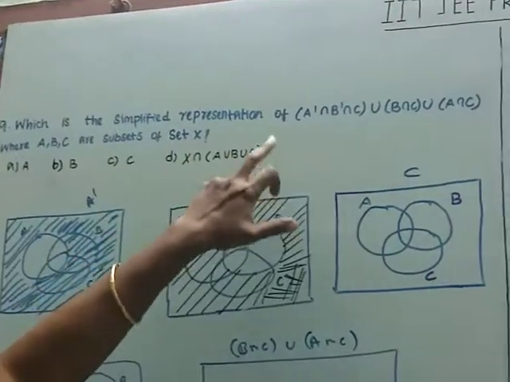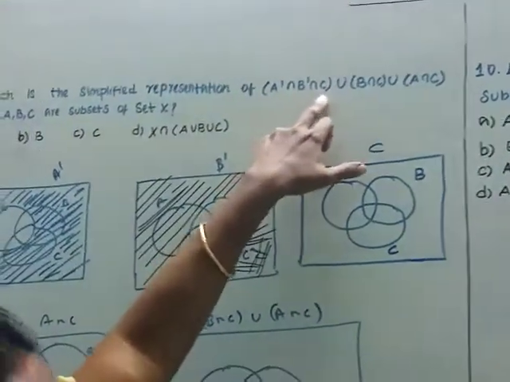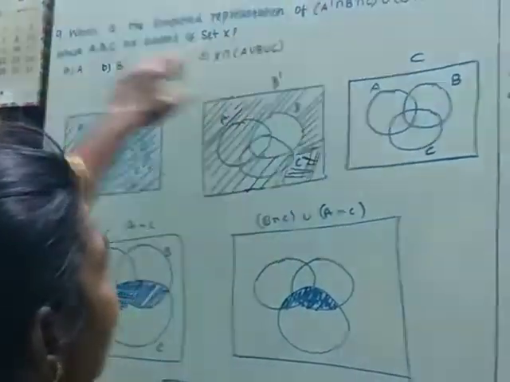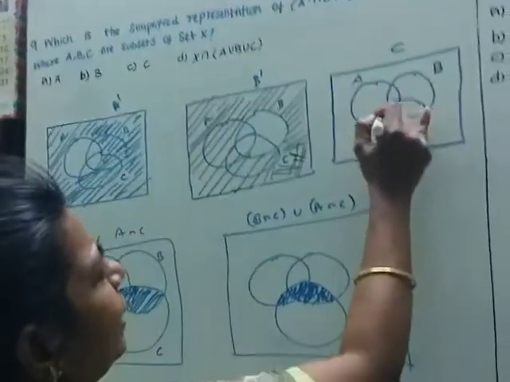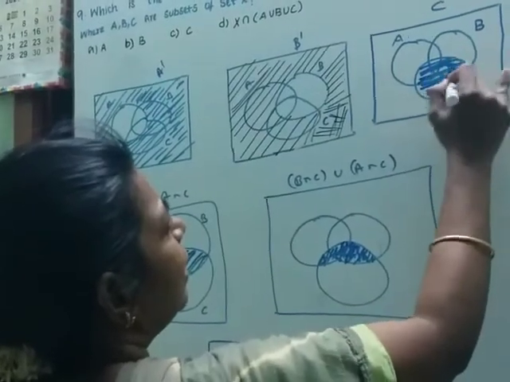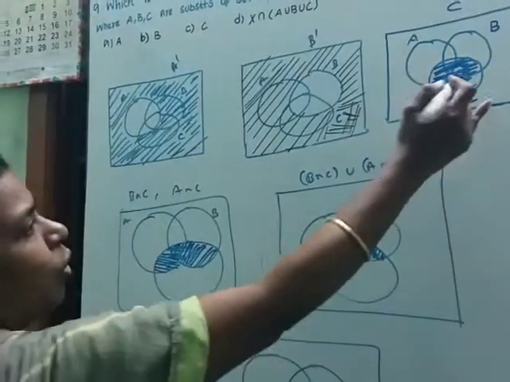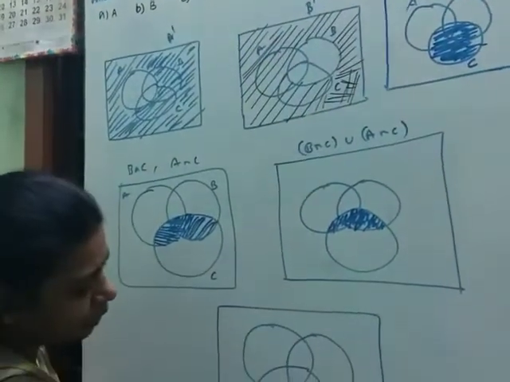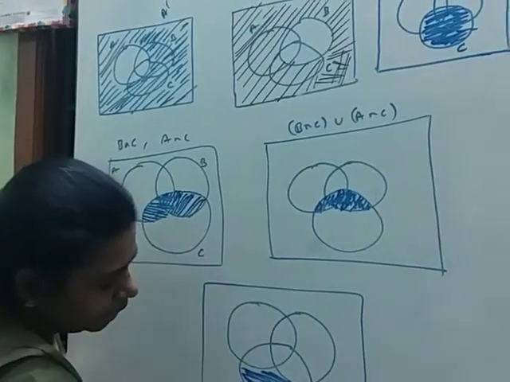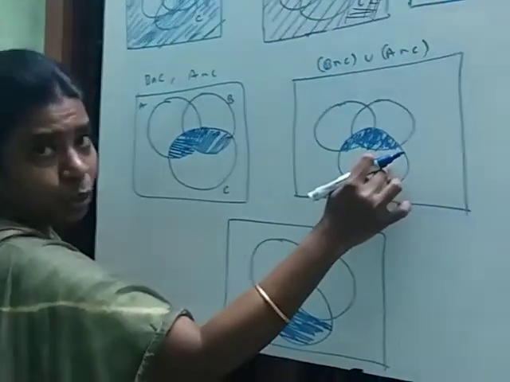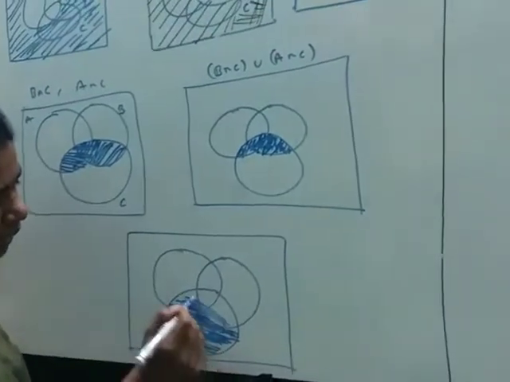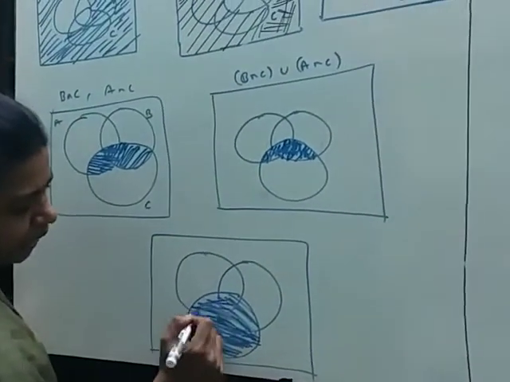This is the simplified representation of A dash intersection B dash intersection C dash. I had wrongly written that C dash; that is what caused the confusion. So clearly, A dash, B dash. Now we are going to draw only C. The C portion is shaded. So what is the intersection of all these? Clearly, you see, the intersection of these first 3 diagrams is this part. Now in the above diagram, we have A intersection, B intersection, C union A. So you draw them together, and the intersection of all these 3 gives the value C. So here the answer will be C.